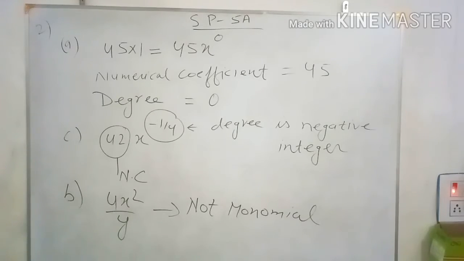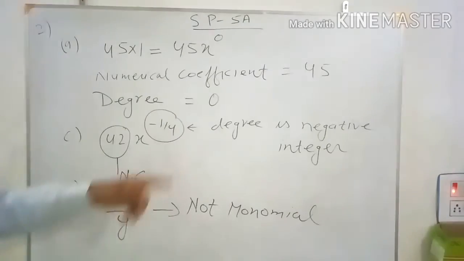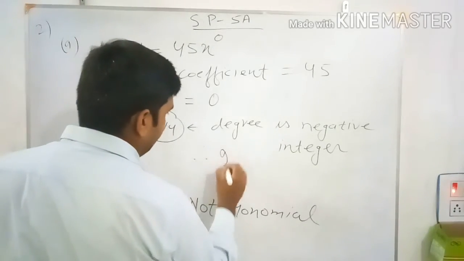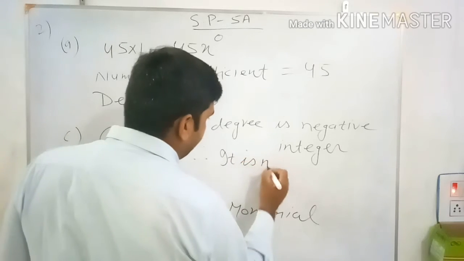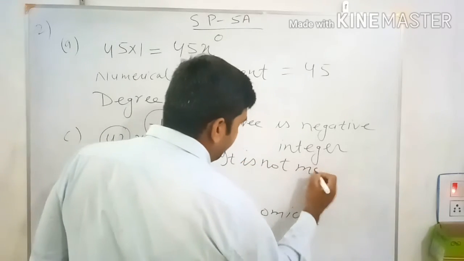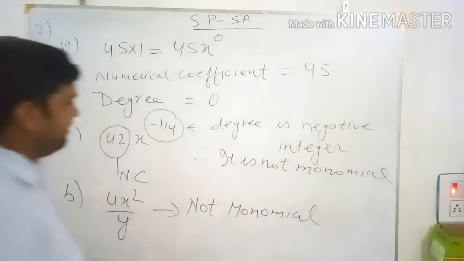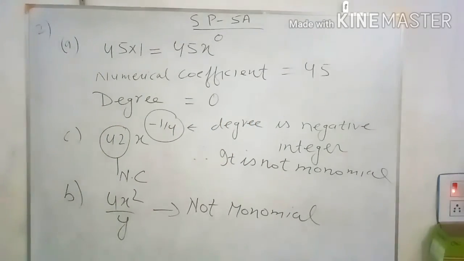Since it is not a monomial, it is not a polynomial, because the degree of y is minus 1, a negative integer. Therefore it is not a polynomial or a monomial. The degree is a negative integer, therefore it is not a monomial. Similarly, we can see